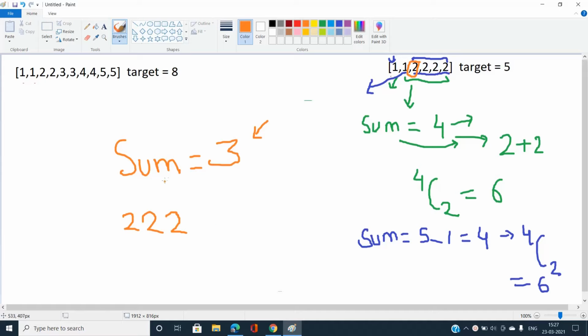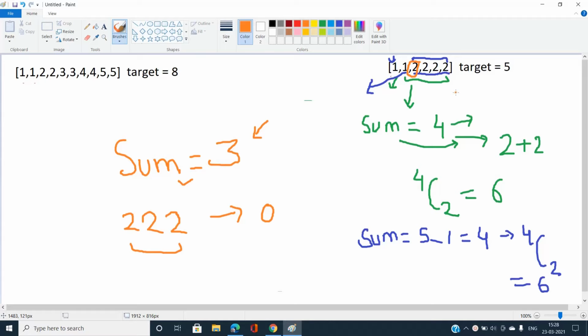That is, this is my new sum. You can see we cannot get sum equal to 3 over here, so my answer would be 0 for this case also. And similarly for every index i up to less than n, I need to just pick some element and subtract it, that is target minus array of i, and this will be our new sum.